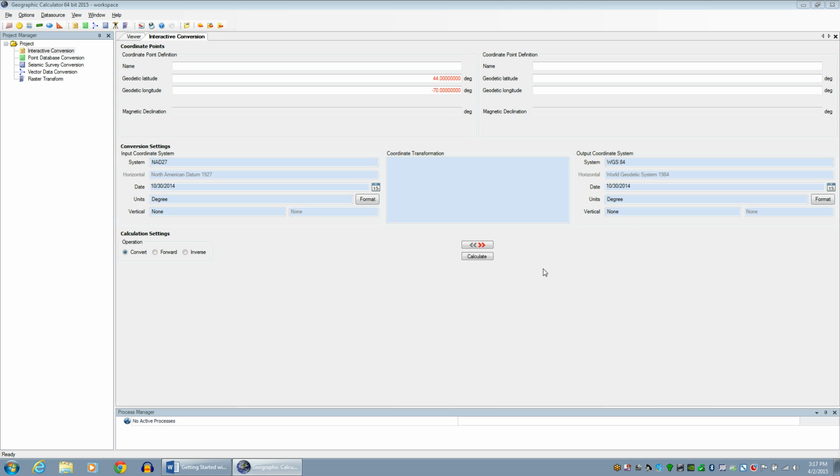Okay, so with our coordinate system selected for input with our NAD27 system and our format set as well, for this example we're just going to take this out to the default coordinate system of WGS84, but we could also do this to any other system. This is just going to be a common example that we use for demo here. To actually complete this transformation, because we are going between two different systems that are based on different horizontal datums, we are going to need to select a coordinate transformation in the center dialog box here in the middle. So we're going to double click on this box,